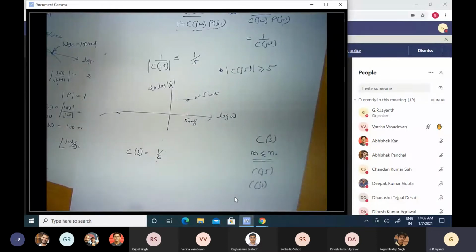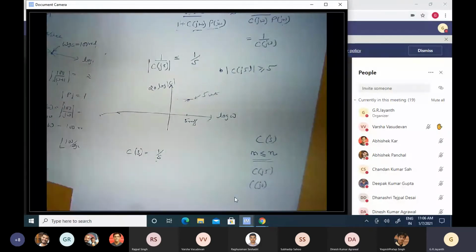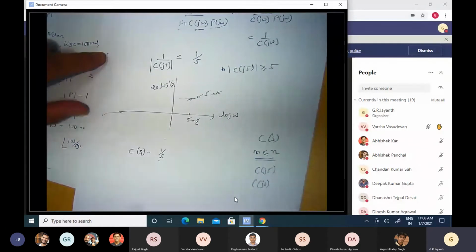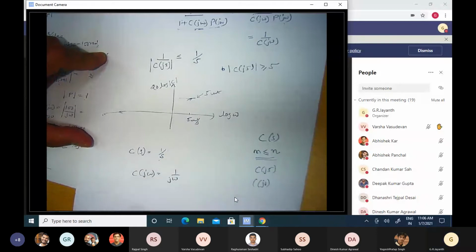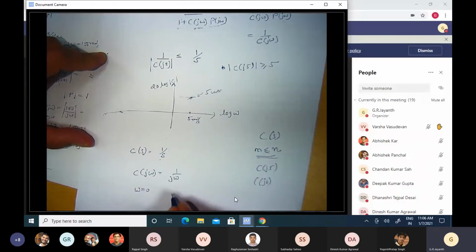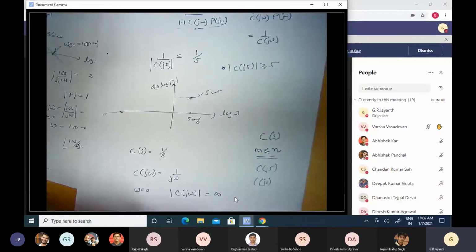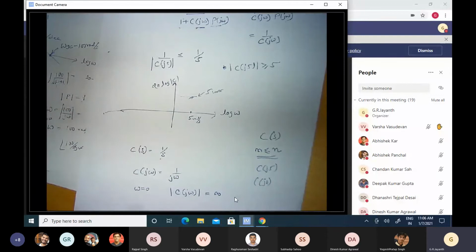But does this candidate satisfy the specifications? It definitely looks simple to me. There's nothing complicated in its structure, just one single s term in the denominator. Does this satisfy any of the performance specifications? Well, what is C of j omega? It is equal to 1 by j omega. And if I substitute omega equal to 0, what do I get for magnitude of C of j omega? It's equal to infinity. So exactly as I wanted, one of the specifications ends up being satisfied by this initial guess for the controller structure.